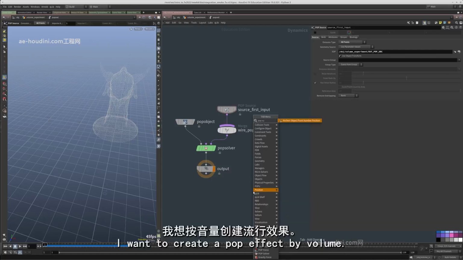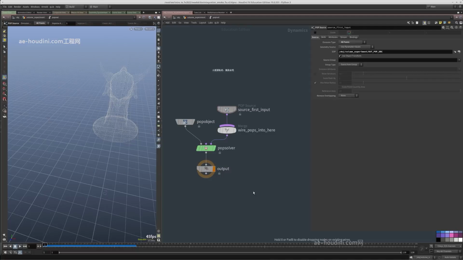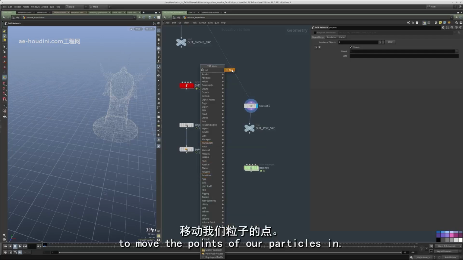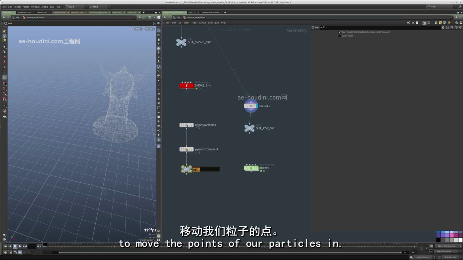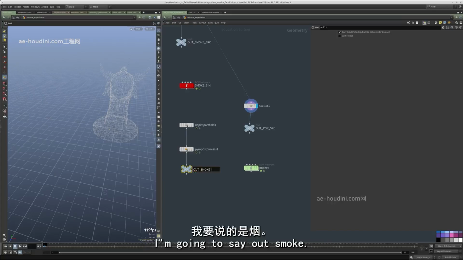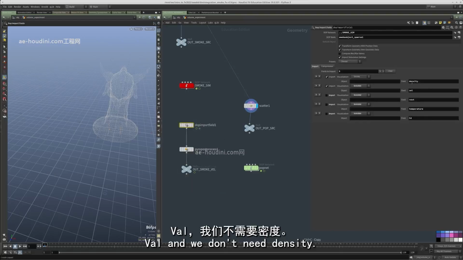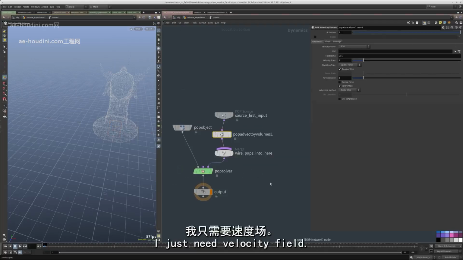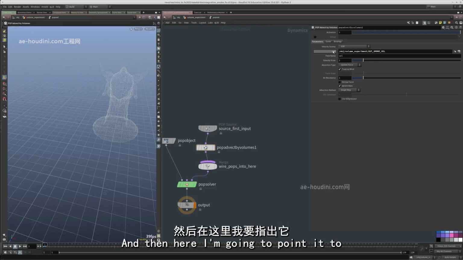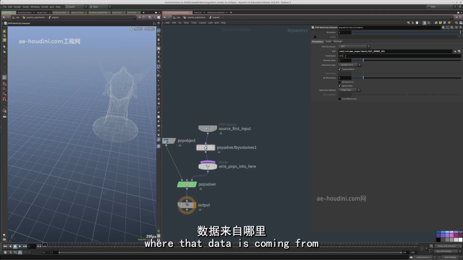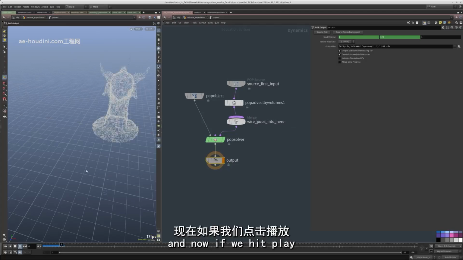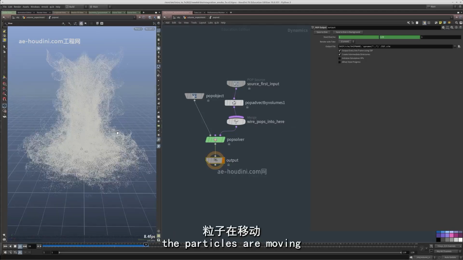And what I want to do is I want to create a pop advect by volume. What this does is it takes in volume data and uses it to move the points of our particle sim. I'm going to say out smoke vel, and we don't need density, we only need velocity for this to work. So I can uncheck this. I just need velocity field, and then here I'm going to point it to where that data is coming from, and then the name of the field. You can name it whatever you want. The default is vel. And we have a few different modes. I'm going to use update velocity, and now if we hit play, you will see that the particles are moving